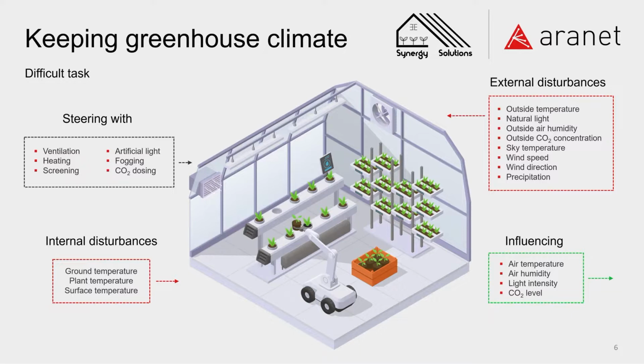From internal disturbances, they have less impact on the plant development and in the growth. But we should be influencing our air temperature, air humidity, light level, and CO2 level. Light level we can monitor by the PAR sensor or lux sensor inside or outside in the greenhouse, and steer it with the screening. And air temperature and air humidity, we can do the fogging, we can do venting